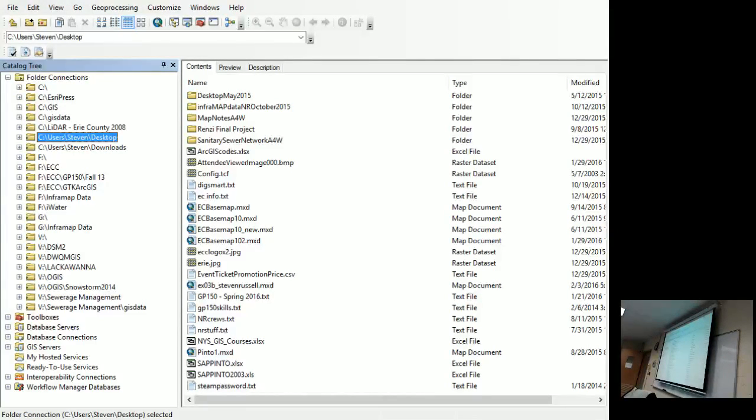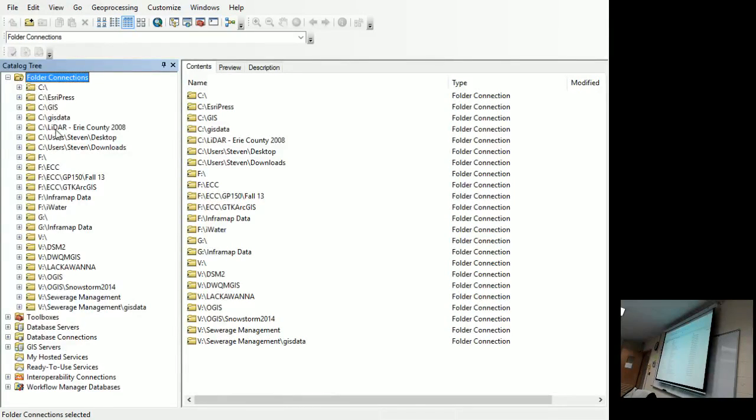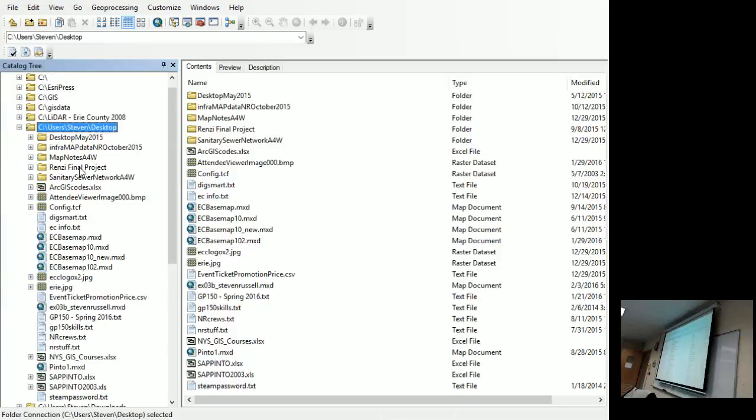So first, put your data on the desktop. That's it. Second, open up our catalog. Third, hit the folder plus. Fifth, click desktop. Sixth, click OK. Then under folder connections in our catalog, hit the plus next to that. You're going to see something, like I have way too many things. I have data all over the place, but yours is only going to have your name and desktop. And then hit the plus and you're going to see a chapter 4 folder. Then stop.